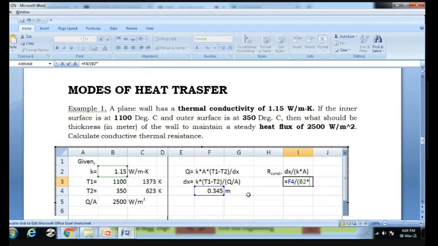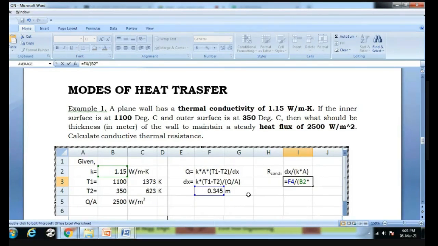Sir, the difference of temperature, if we had divided it by Q, it would have come, no? Correct. If the temperature difference is there and you divide with the Q, how? K is here only, no? Q is equal to. Correct. So K directly you divide this with the Q.